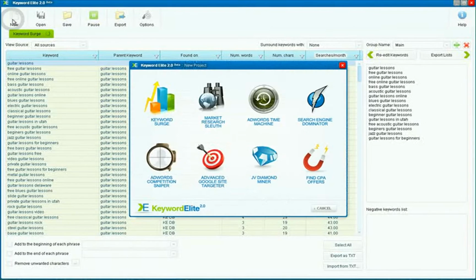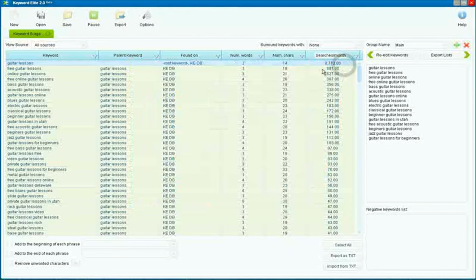In this video, we're going to take a look at the second project available to you in Keyword Elite 2.0, and that is the Market Research Sleuth. And one thing to note is that you can get to any of the projects inside Keyword Elite 2.0 by clicking on the icon here on the main dashboard, or you can quite simply